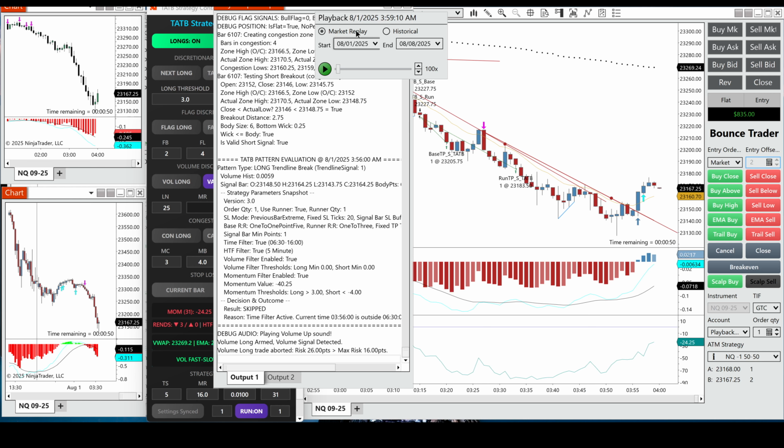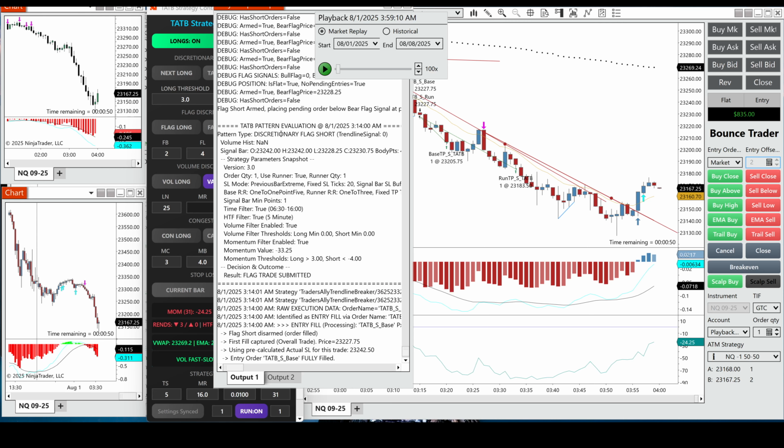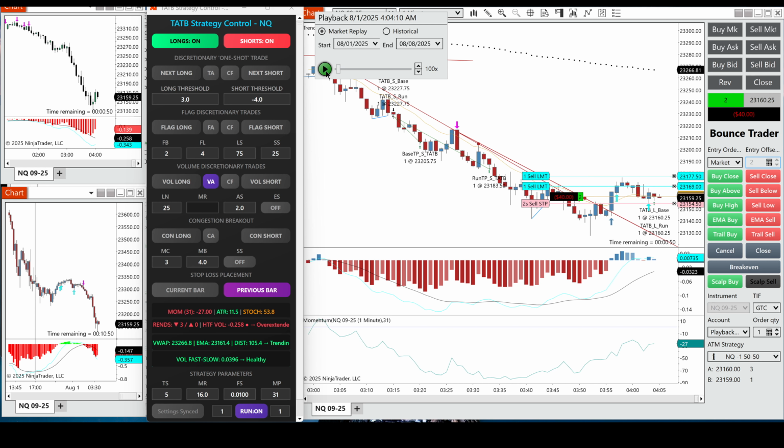Was it a trend line break? Oh, but we're not interested in trend line break. No, that's not it. Well, let's do it again. Volume long. Congestion short. Volume up setup. Oh, see. So the idea is that these arrows, cyan and this one, these are the